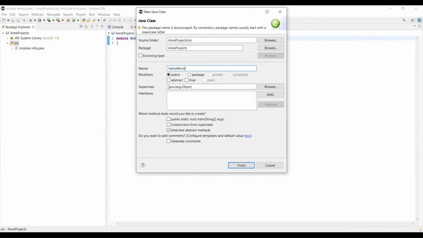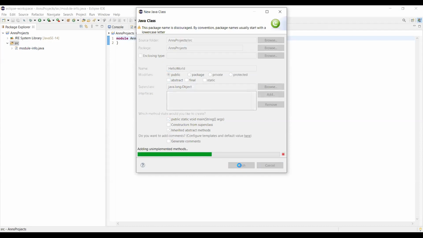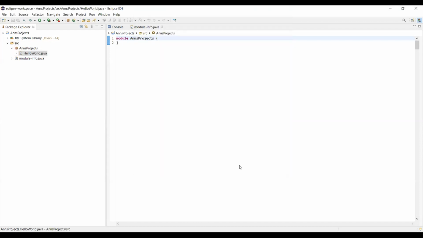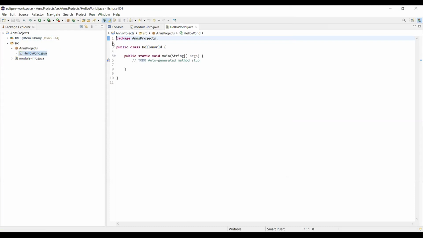You can choose whether it is a package or a public class and all that, and whether you want to have a public static void main(String[] args). I'll have that. So I'll click it, and I'll click finish.